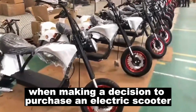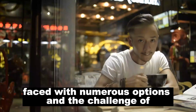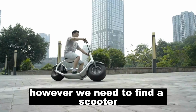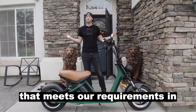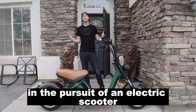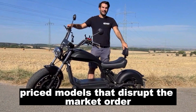When making a decision to purchase an electric scooter in 2023, we are faced with numerous options and the challenge of different brands. However, we need to find a scooter that meets our requirements in terms of both performance and price. In the pursuit of an electric scooter, we are often presented with the dilemma of high-priced models that disrupt